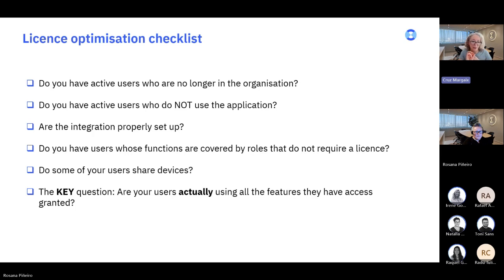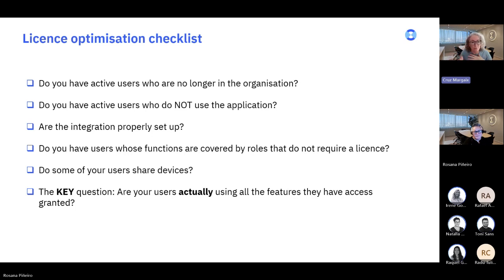Also check if there are integration users and whether these users are properly set up, because integration accounts in service to service communications do not consume licenses. Also check if you've got some users that perform functions that can be covered with those roles that don't need a license, what Rosana called the invisible.